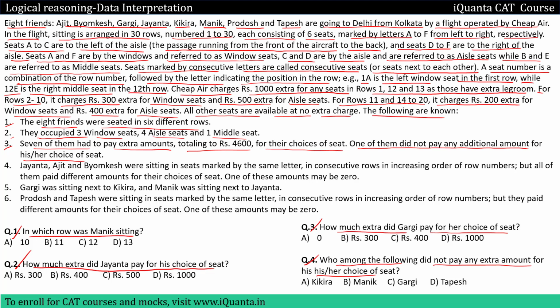So I hope the situation is clear. We'll go to the next slide. We'll note down all the conditions one by one. We won't be writing down that we have 8 friends with these names, because this is usual, right? You go to the airplane, you see the seats numbered like that.